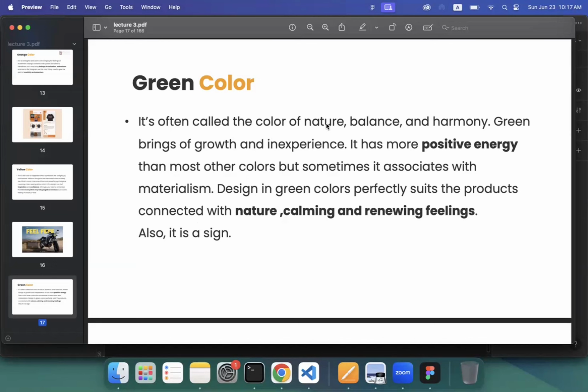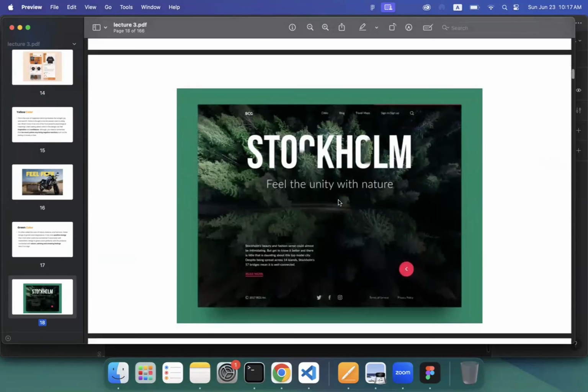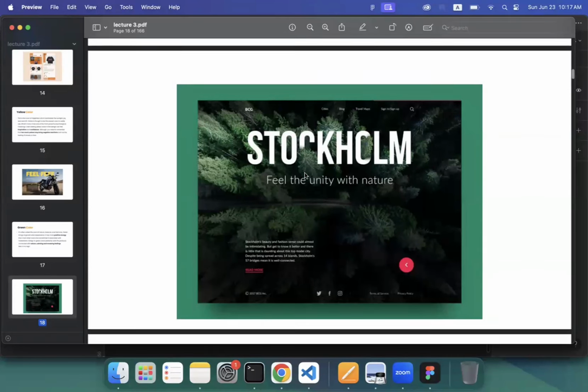So green color is the color of nature. And if you want to give users positive energy, you can use green color. In some cases, if your product is related to nature, if your product is carbon negative, or if you're trying to reduce the carbon emission by launching a product, something like that, you can use green color in your design. In here, it is related to the trees or forest or the nature, so they can use the green color